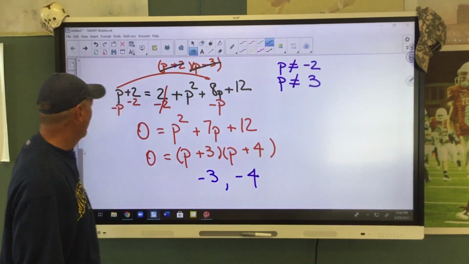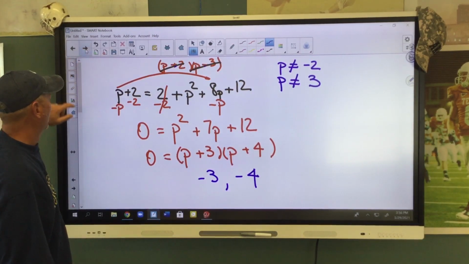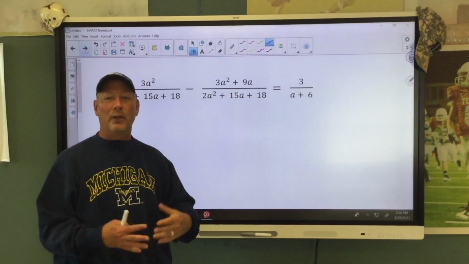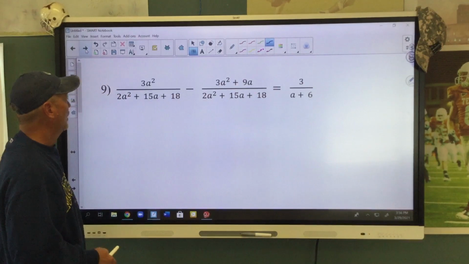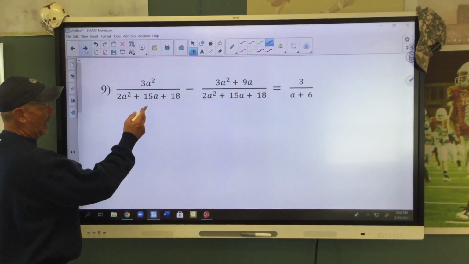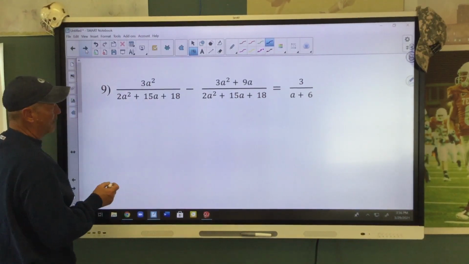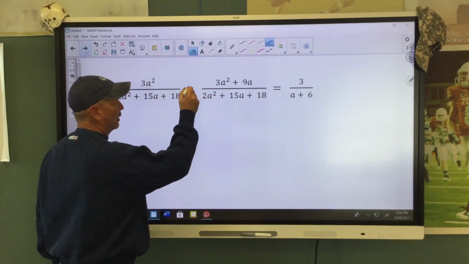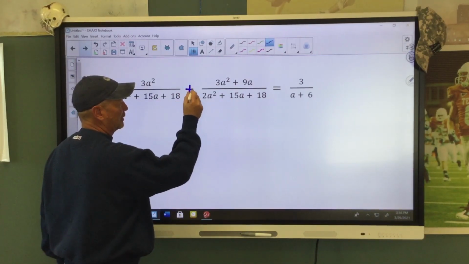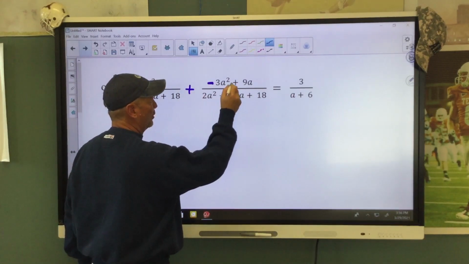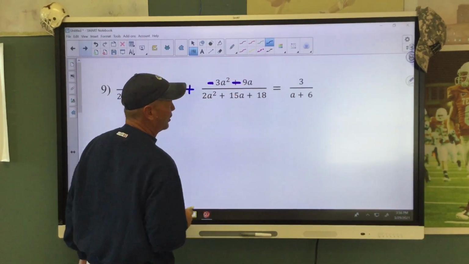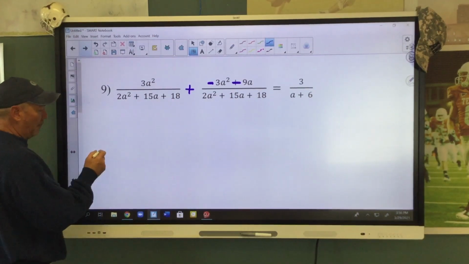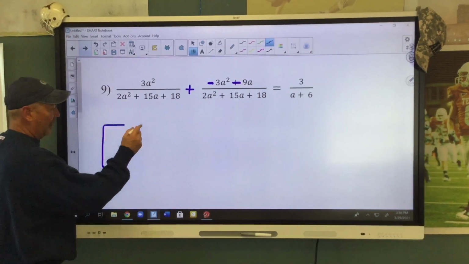Let's try one more, okay? A little bit more factoring, but we can do it, okay? So let's see what we have. We're going to have to use the box method here. But before we go too far, the first thing I want to do is I'm going to change this to a plus sign and distribute. I want to distribute that negative, okay? So when I box this or factor this,